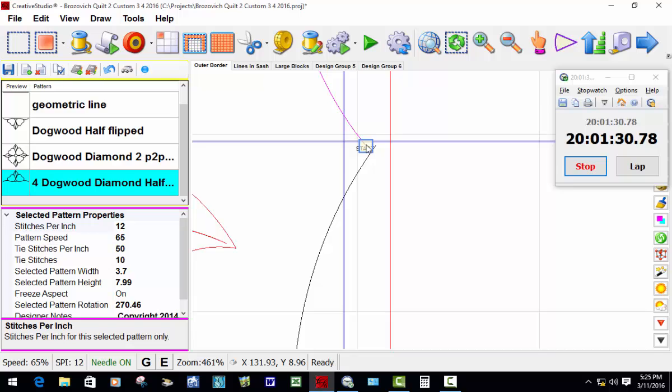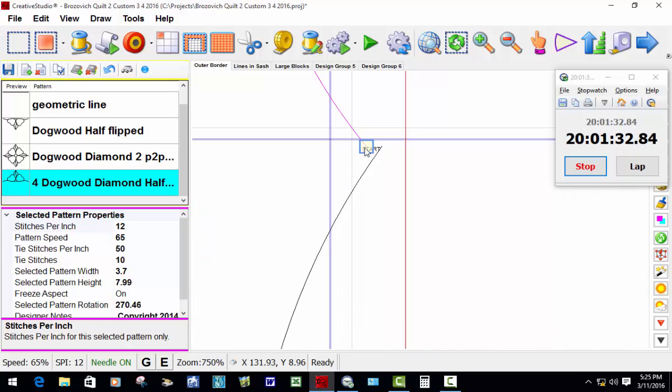And I don't want to relocate because I want to see in relationship to what I've already relocated how this is. I'm going to grab this end anchor. I'm going to move this right where the needle is located because that's where the stitching ended. Then I'll grab this one